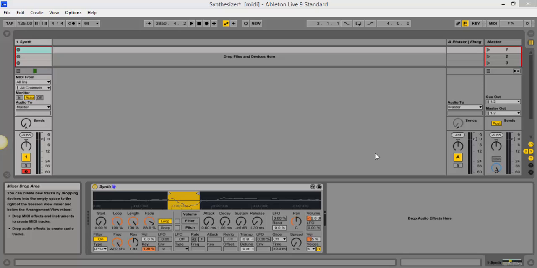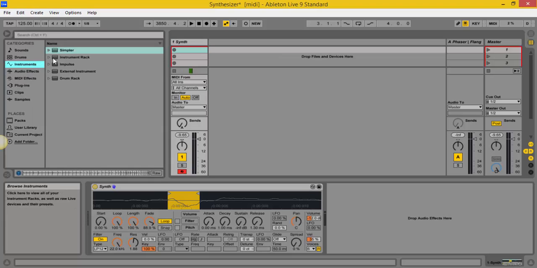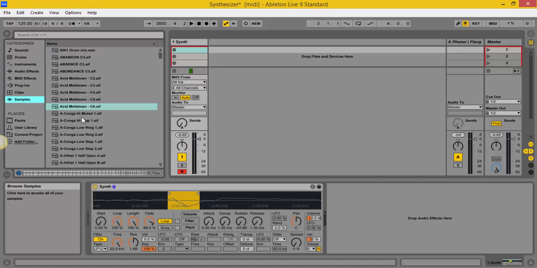Now, for the synthesizer, I do not have a synthesizer plugin, but I have used an instrument which is present in Ableton Live 9 called Simpler, which is basically a sampler and which can be designed to act as a synthesizer. So here, instead of an oscillator, I've just dropped a sample file into it and narrowed it down to the tiniest wave that we have, similar to a sine wave,